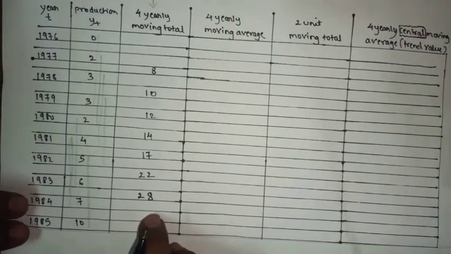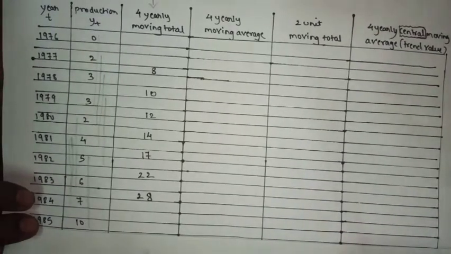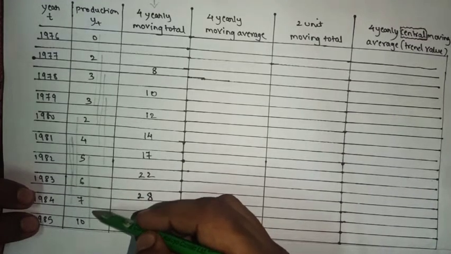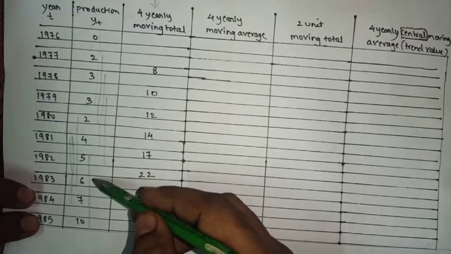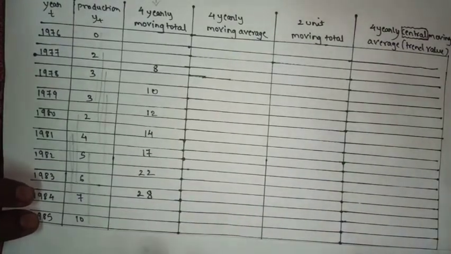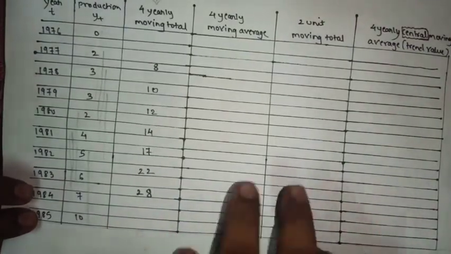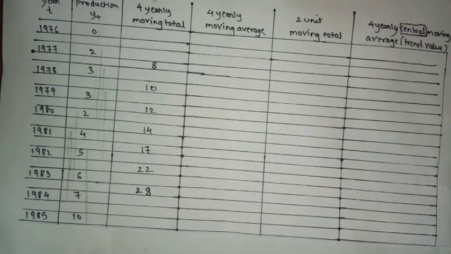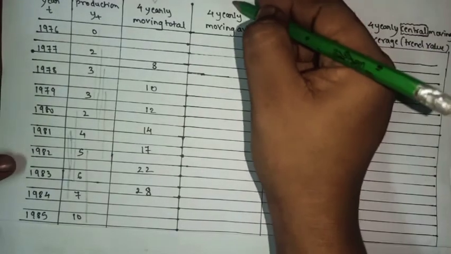After that, between 84 and 85. So we'll check. Can we add 4 numbers further? No, we cannot add the numbers as we are left with only 3 numbers here. Okay, leave that part. Now got the idea how to find the answer for the third column. Now we'll see the next one, that is column number 4.